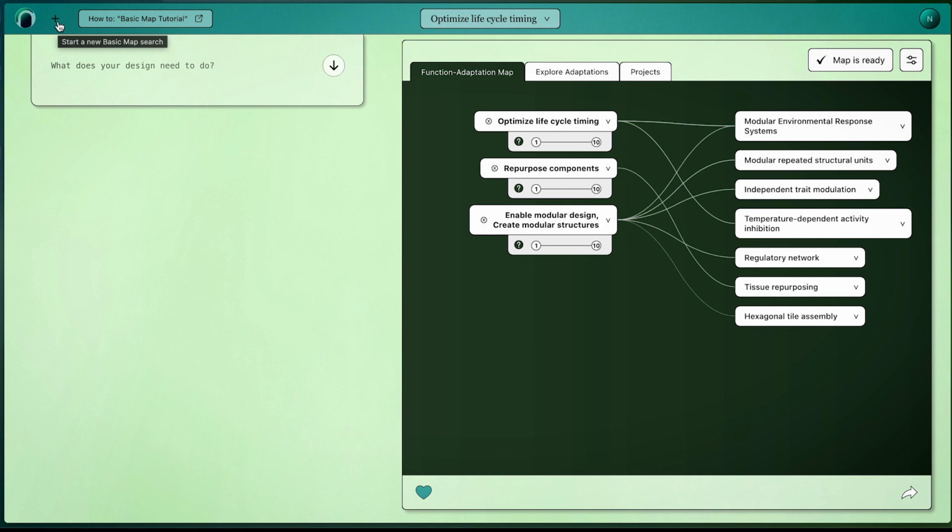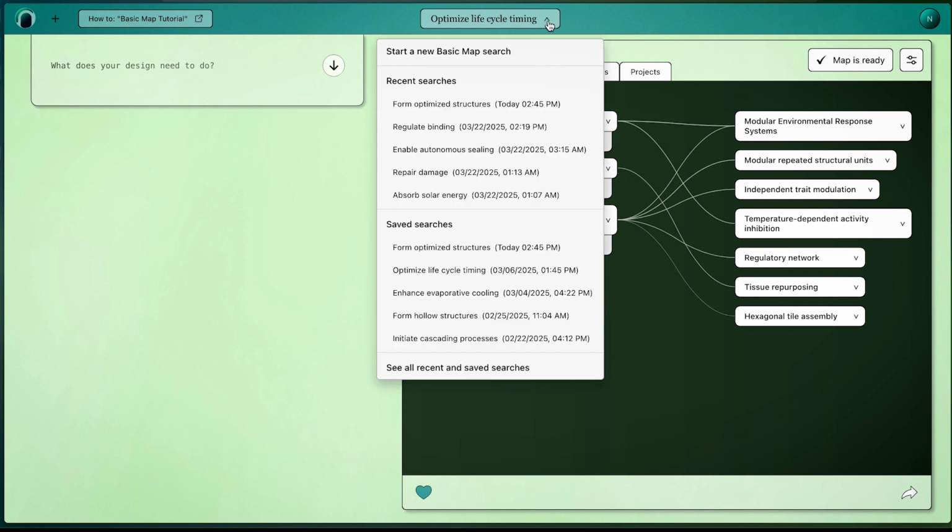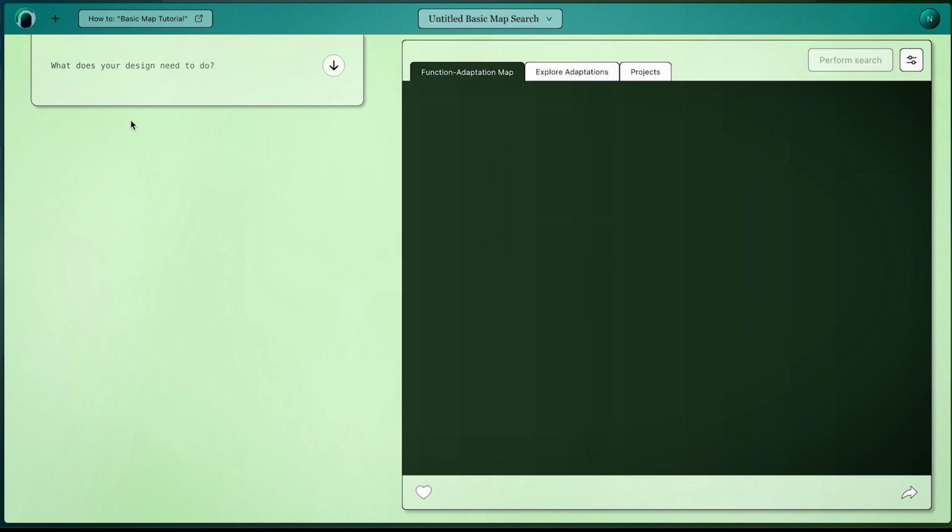Let's go up and just start a new search by clicking this plus button up here. You can also start a new one by clicking the title and saying start a new basic map search, but we'll just click up here. And let's say we're working on a project where the focus is to generate designs. We want to use some algorithms to generate optimized designs. And we want to look to nature to find different algorithms that nature uses to optimize design. So let's say something like form